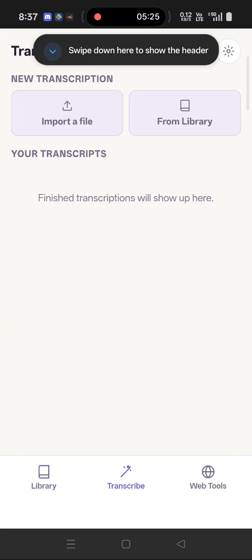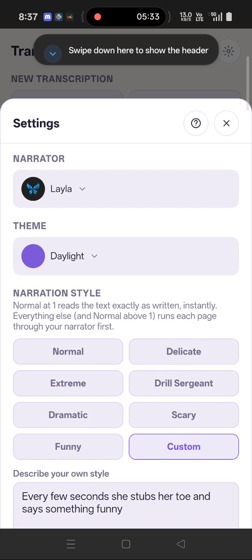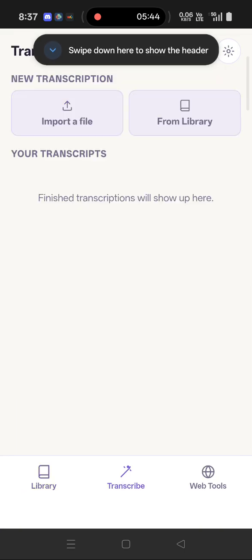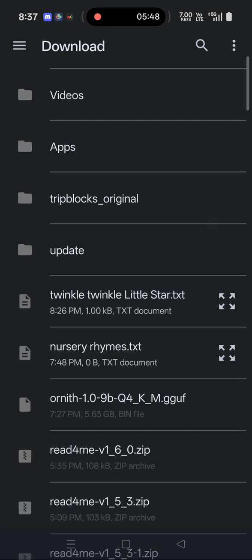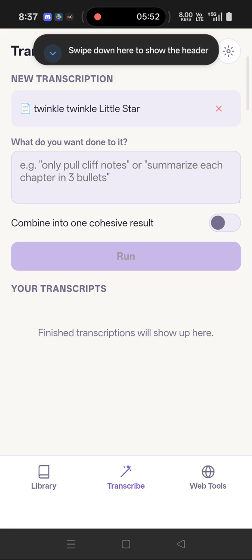So let's go to transcribe. Let's say I want to import a file. But before I import the file, I'm going to put it on normal and slide this down because I don't want this personality messing anything up. So I will go back to transcribe and import. And let's say I want to import Twinkle Twinkle Little Star, but I want to